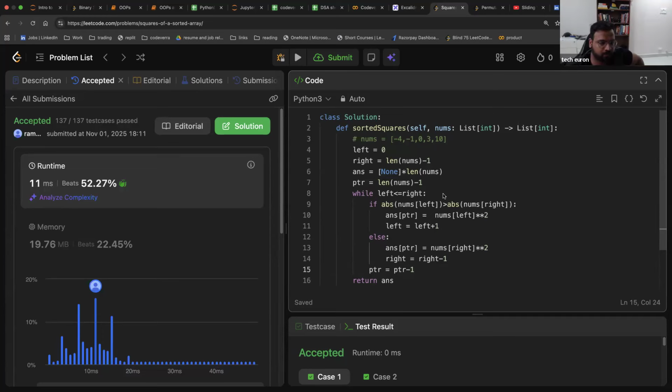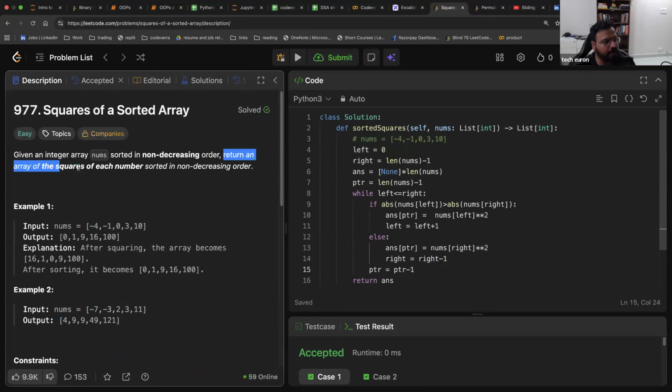हाँ बताइए। Sir, actually I'm thinking that here we are creating another array, uns, right? So the space complexity would be better if we are able to solve these questions within the same array, that is nums, instead of creating a new array, uns. देखिए, यहाँ पे जब हम लोग स्पेस कॉम्प्लेक्सिटी की बात करते हैं ना, तो यहाँ पे क्वेश्चन में ही कहा गया है कि रिटर्न एन एरे ऑफ स्क्वायर्स। तो क्वेश्चन का डिमांड है कि हमको एक नया एरे बना के दो।